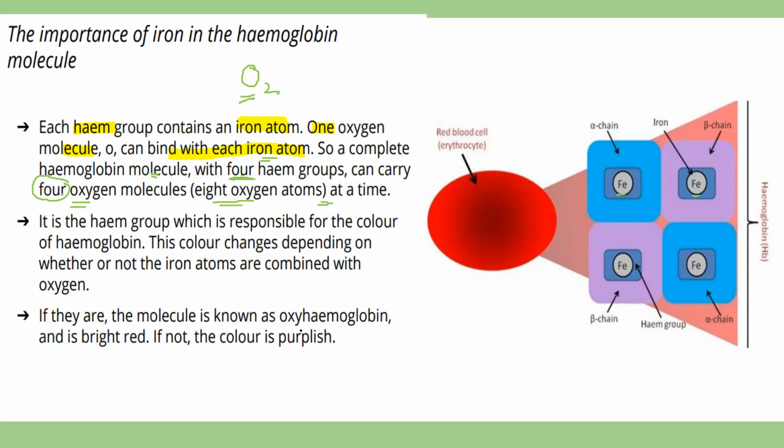ठीक है? So if you look at this part here, the diagram, let me use this. See, they have shown you this is one globular protein, this is another one, third one, and the fourth one. Okay, and then look at the chains, alpha chain and alpha chain here, and here they have shown you the beta chains. Okay, so each of them has a heme group. Each heme group has one iron atom. So we can see there with iron in the middle, and to each of these one oxygen molecule will be attached. ठीक है? So एक हीमोग्लोबिन जो एक आपका molecule है, इसमें one time पे we will have 8 oxygen atoms at one time.